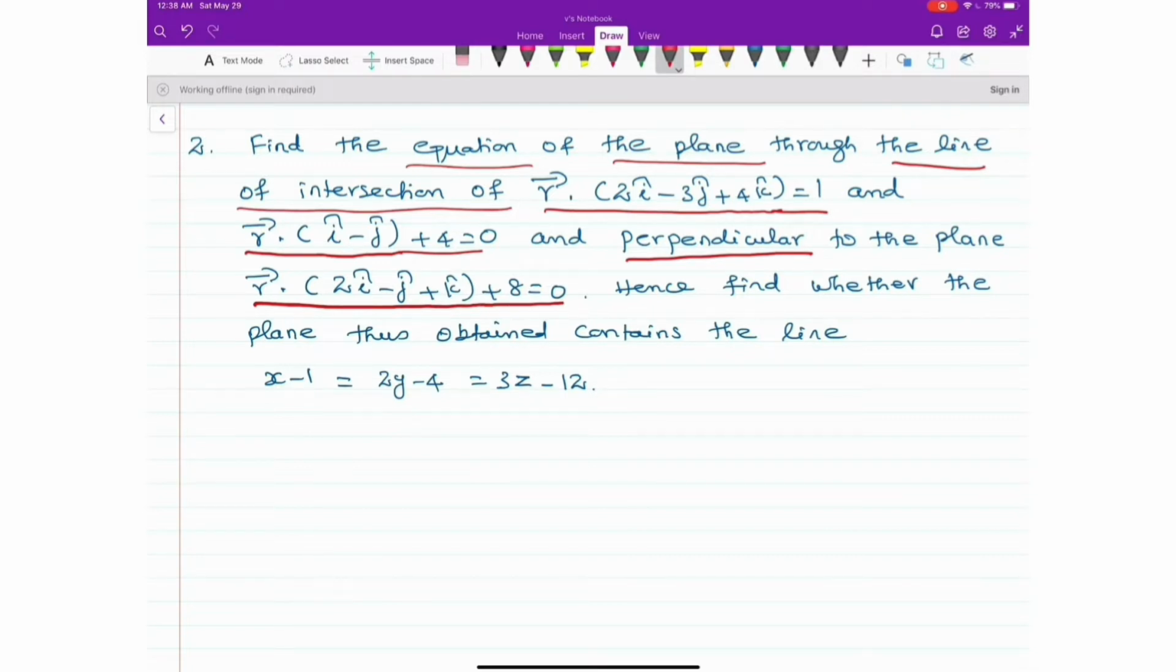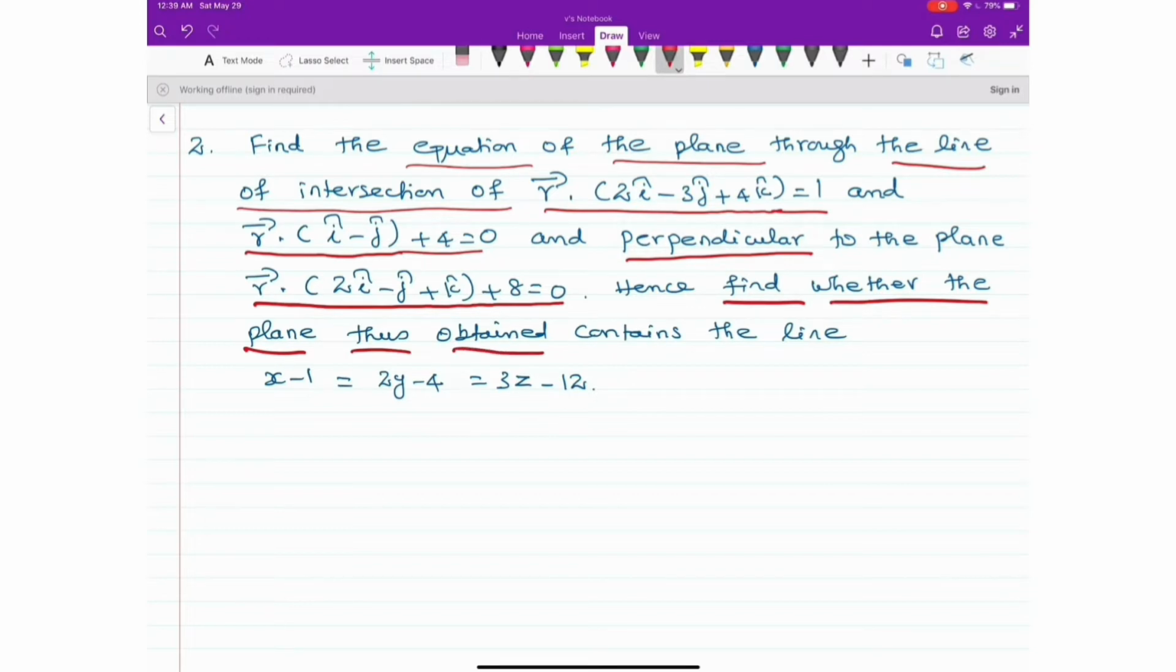Already we have done many questions based on the equation of the plane passing through the line of intersection of two planes and perpendicular to the given plane. So the first part is very simple. We can straight away do it. The additional question here is, hence find whether the plane thus obtained